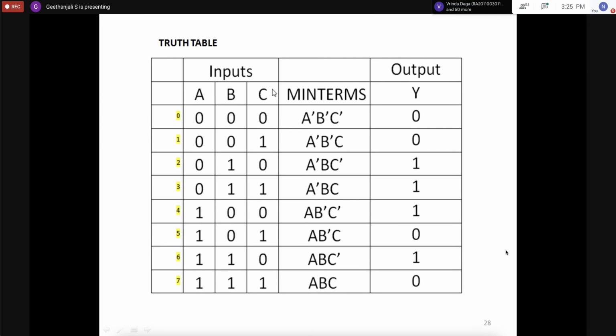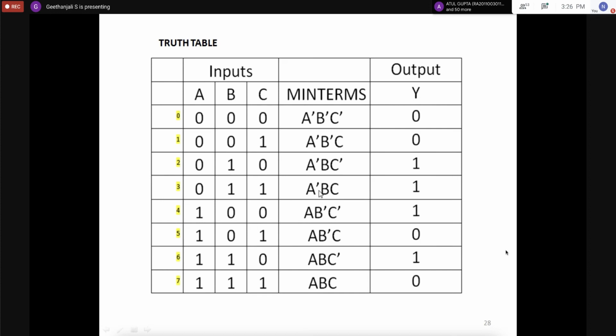They have mentioned the letters at the top itself. So A dash, B dash, A dash. All are 0, so all the dashes will come. Then A dash, B dash, and 1 here, so C. What about this? 0, 0, 1, so 0, 0. Then 0, 1, 0. What is 1?